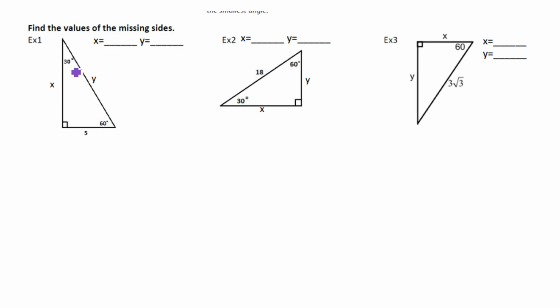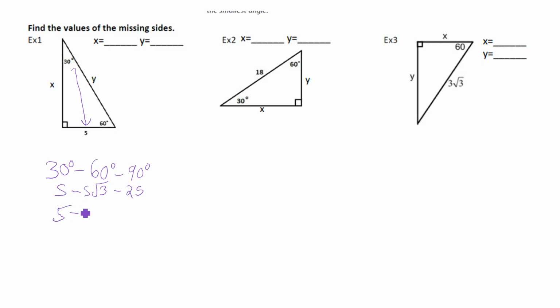Okay, so first things first on these type of questions, I see and can identify this is a special triangle. It's a 30, 60, 90 degree triangle. So it might be helpful to draw my table. I know the ratio of sides are S, S times root 3, and 2 times S. And then write down your given, the side they give me, 5, is across from my 30 degree side,